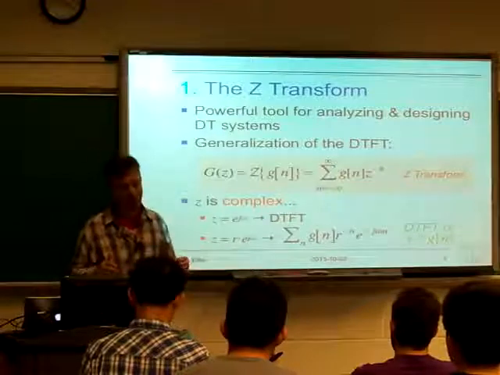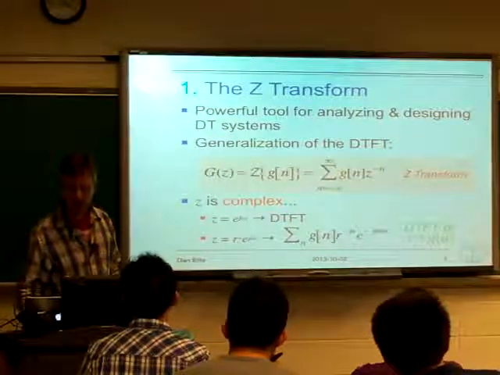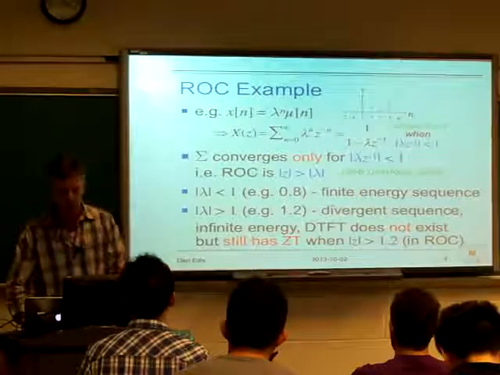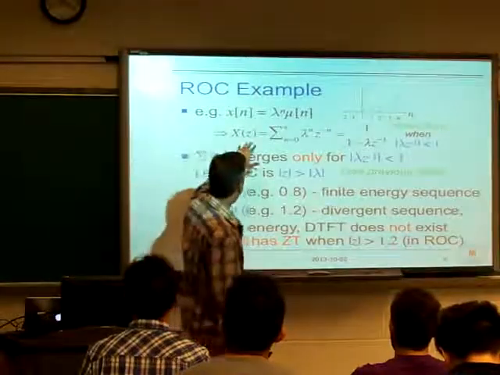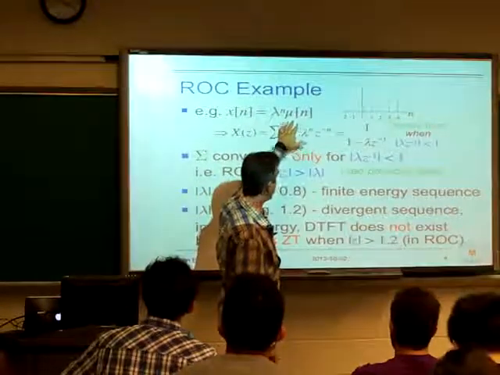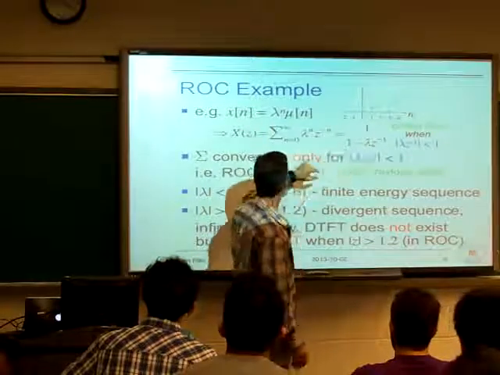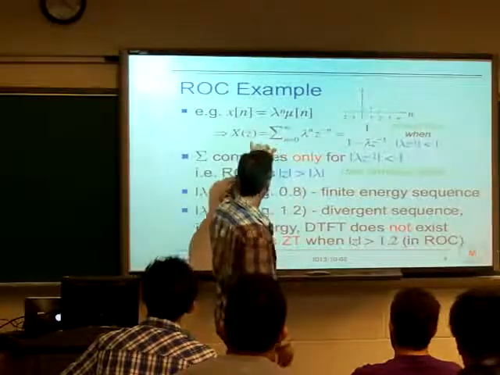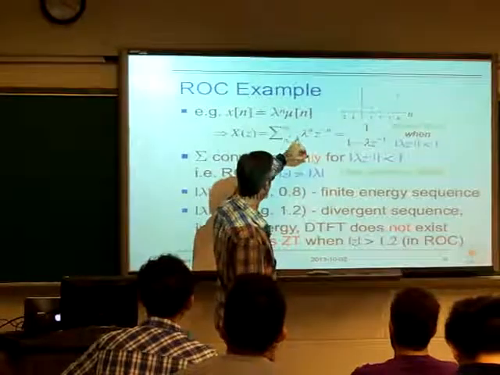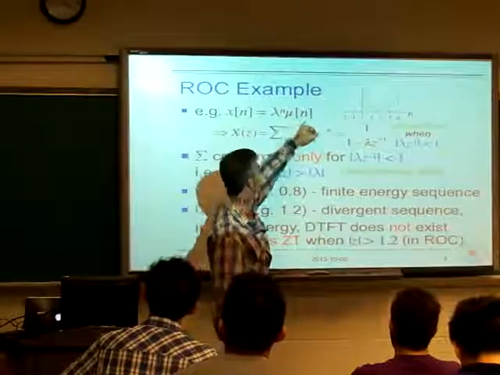But that's because it gives us a different perspective on the sequence. So we looked at this example here. If x of n is our nice geometric or exponential sequence, in this case lambda to the n times mu of n, then the z transform is defined as the sum over all x of n z to the minus n. So in this case, it's the sum from n equals 0 to infinity, because of the mu